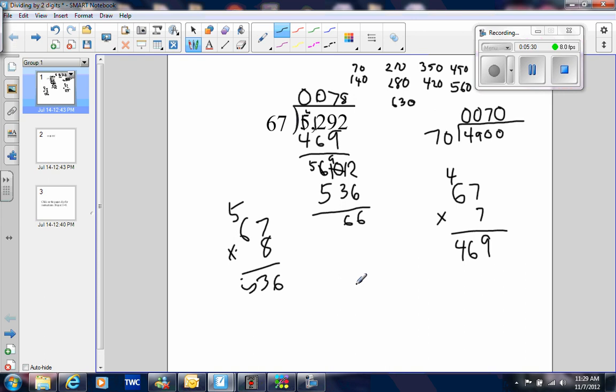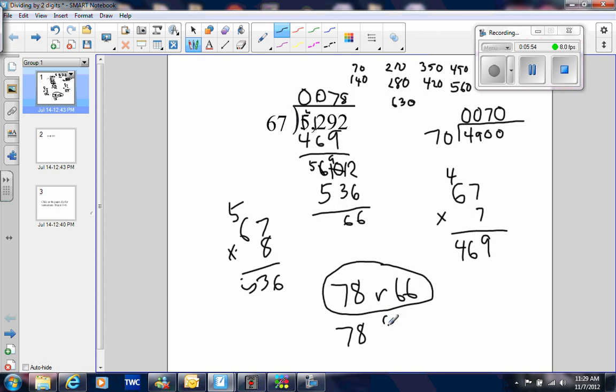So I'm ready to give my answer here in a certain form. 78 remainder 66. That would be an acceptable answer. Another acceptable answer, which is kind of the next step, I usually call this like a 4th grade answer. And then a 5th grade answer would be 78